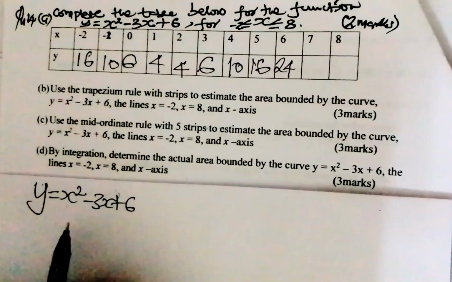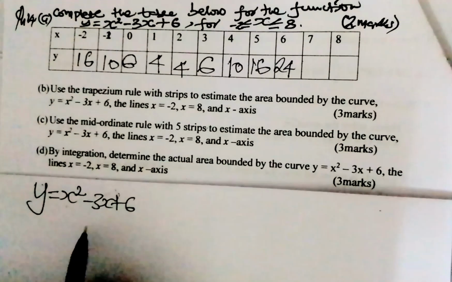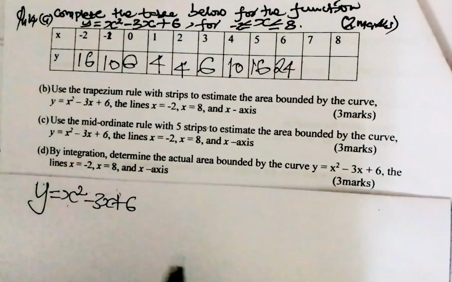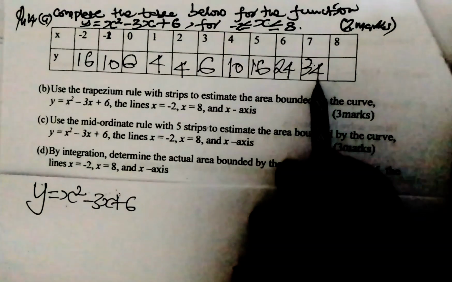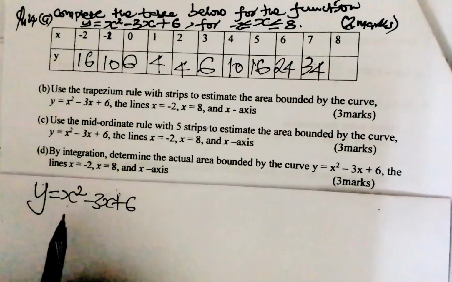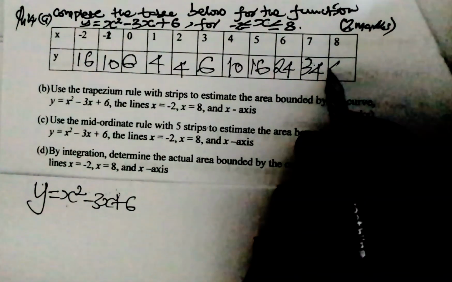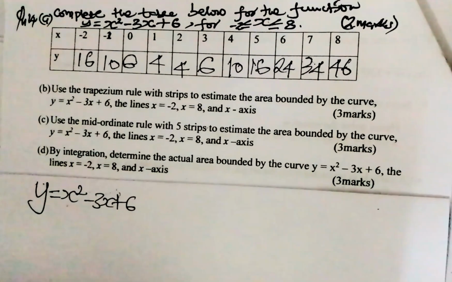When x is 7, 49 minus 21, that is 28 plus 6 gives you 34. When x is 8, that is 64 minus 24, 40 plus 6 gives you 46. Like that. Now told in part B,